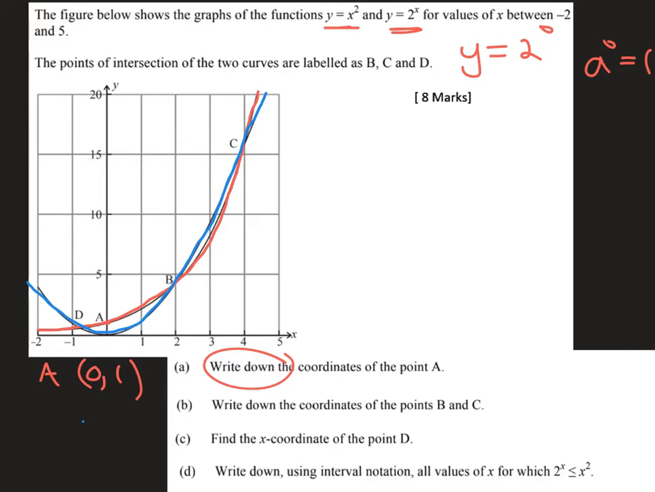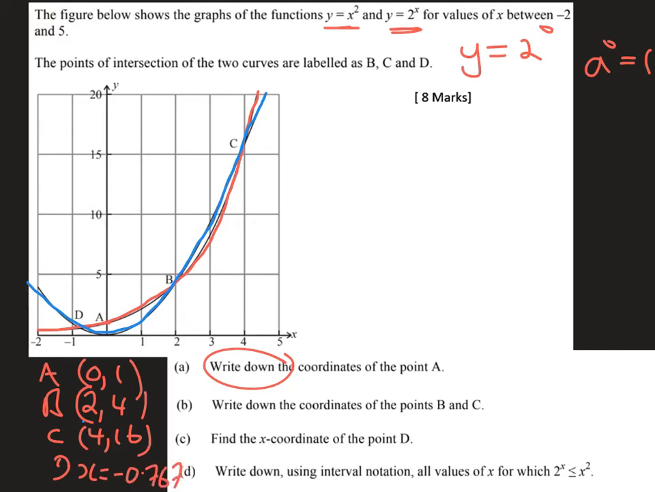So you should find that point B is at 2, 4. So B is at 2, 4, and you should find that C is at 4, 16. And indeed, finally, in part C, you're asked to find the x coordinate of the point D where they intersect. So again, just using the intersect function on the calculator, the x coordinate is going to be negative